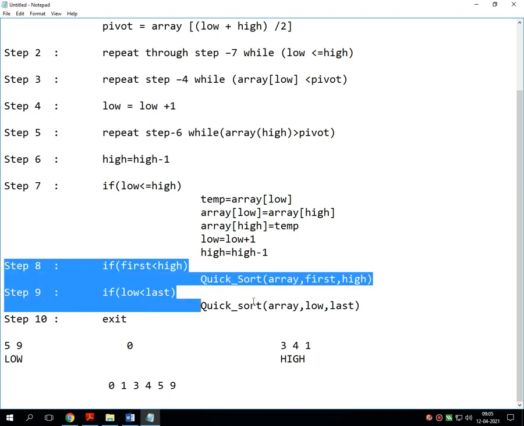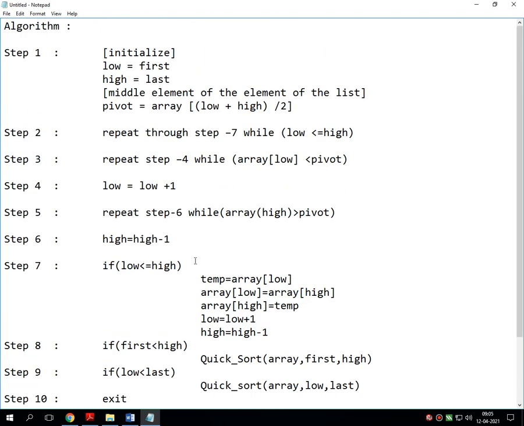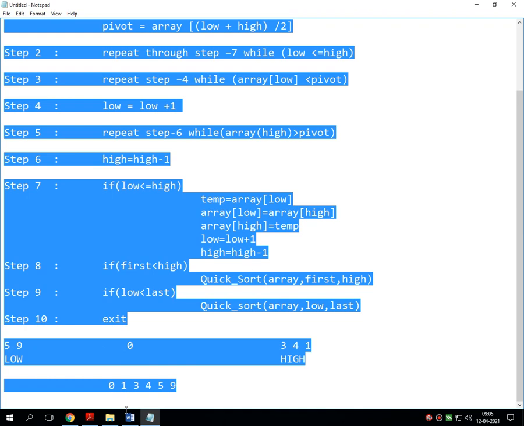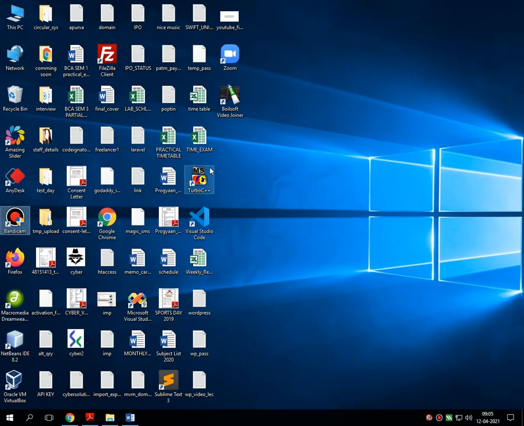So for that step number 8 and 9 work, and step number 10 shows that the entire list of elements gets sorted. No doubt this particular algorithm is a little bit difficult to digest, but we will make it simple in the program execution. So let's see the code for the same.